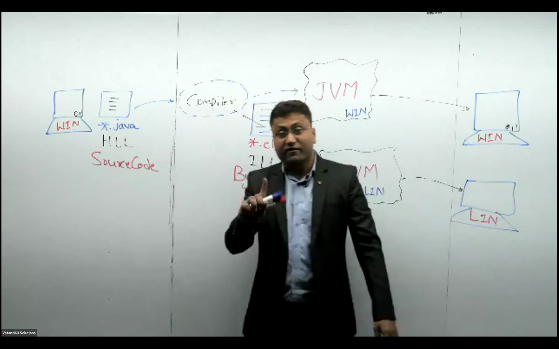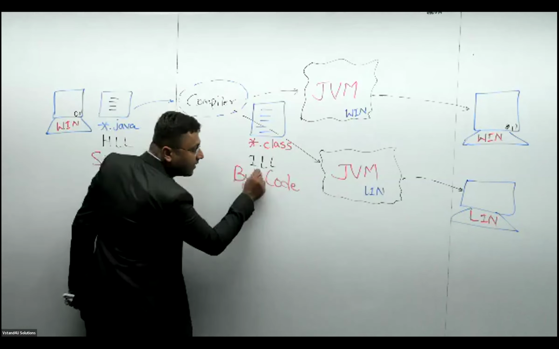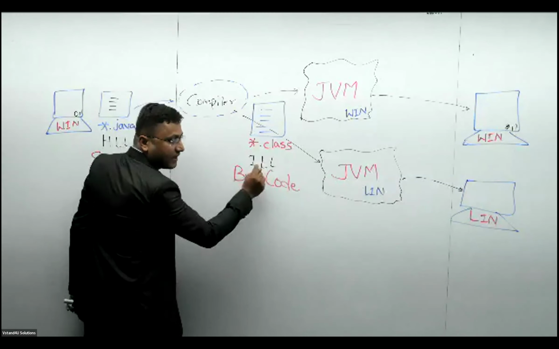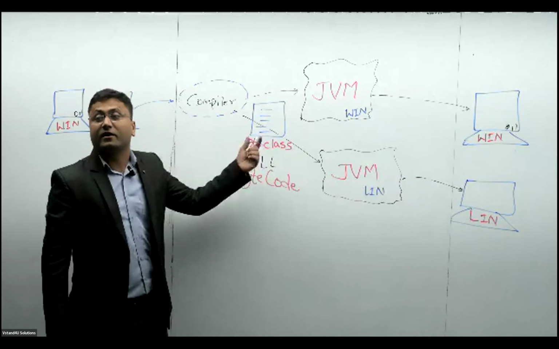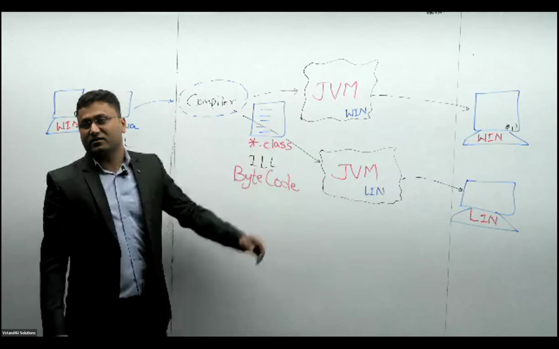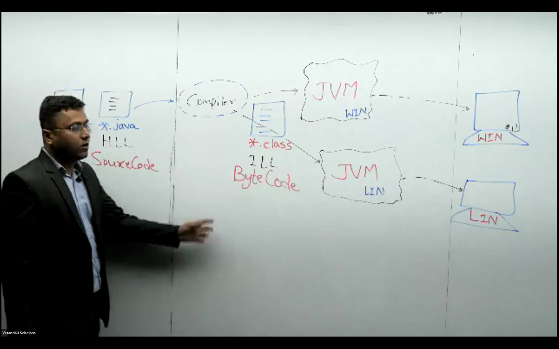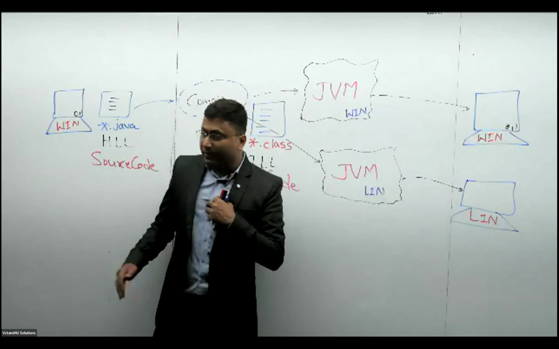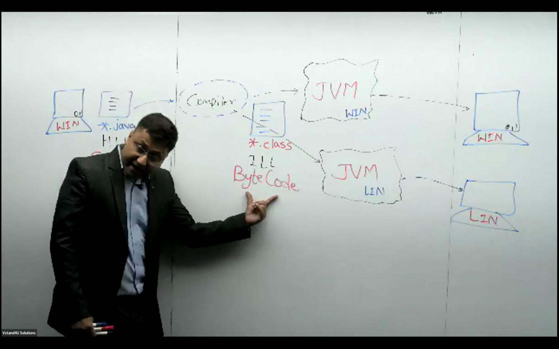No. Java's compiler never generates executable code. Rather, it generates something called bytecode, which is written in intermediate level language code. Extension of that code is dot class. Stop writing. Focus. I'll give you time. What's the hurry? Focus now. We wrote, as a Java developer, source code. Java's compiler has generated bytecode.